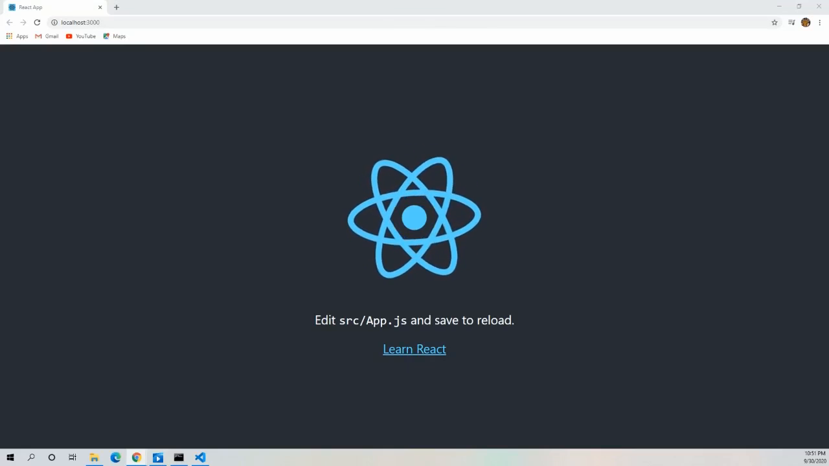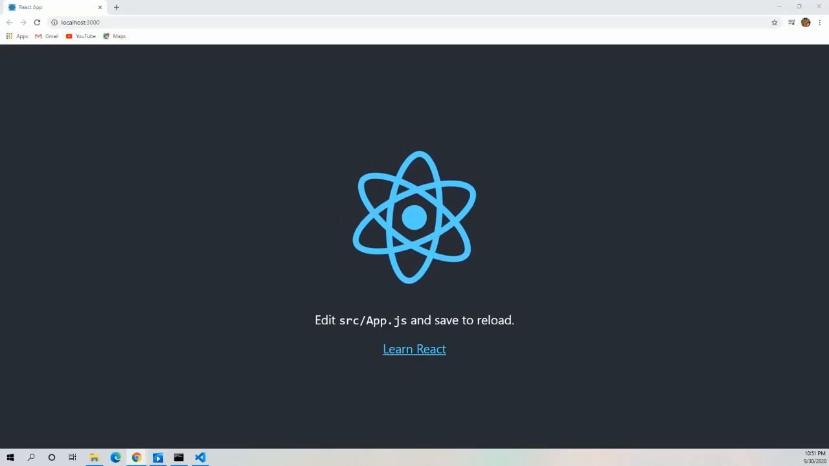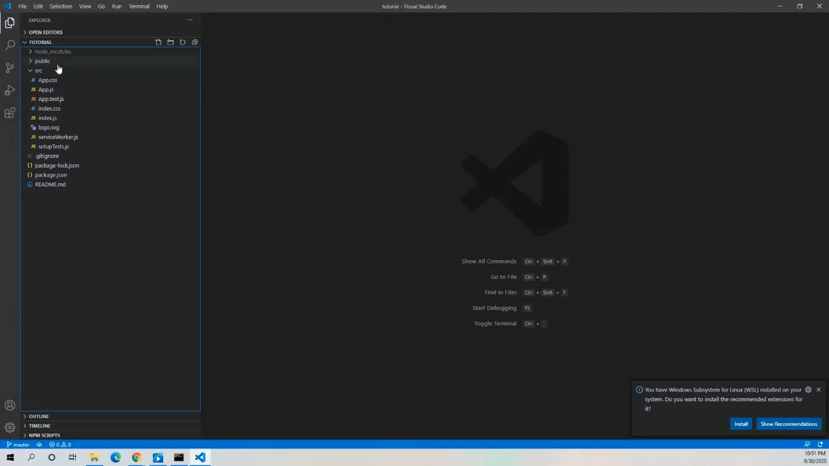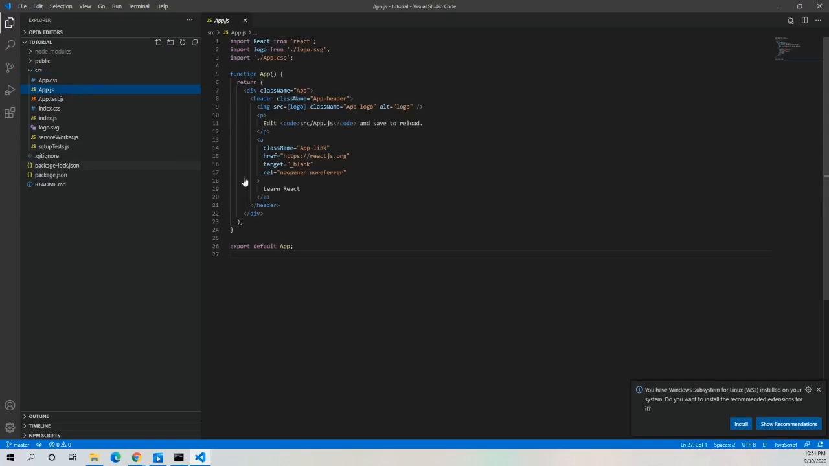So we got our boilerplate React app running. Let's go ahead and just pull up the files in Visual Studio Code and take a quick look. So I went ahead and pulled up the tutorial files here, and we see we have a few folders: public, src, node_modules, and then a couple files: package.json, package-lock.json. If we open up our App.js, React is built off of what is called components, and this is our